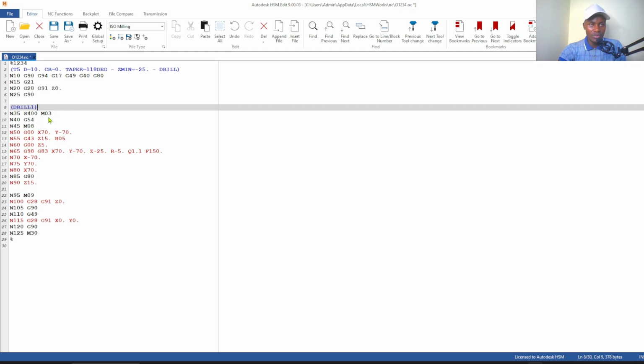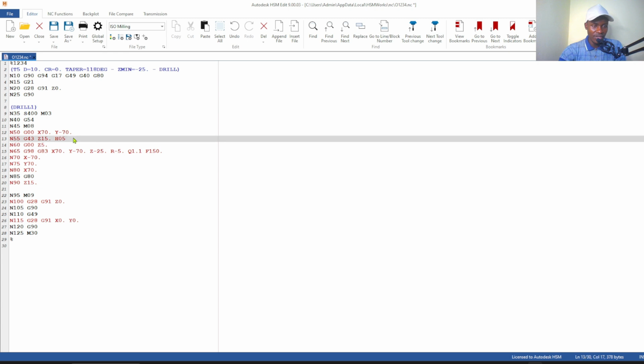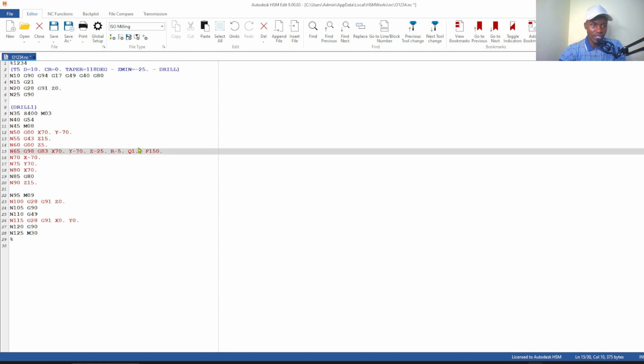M03, it will be rotating clockwise. And then here, safe height Z15. So you delete H05.